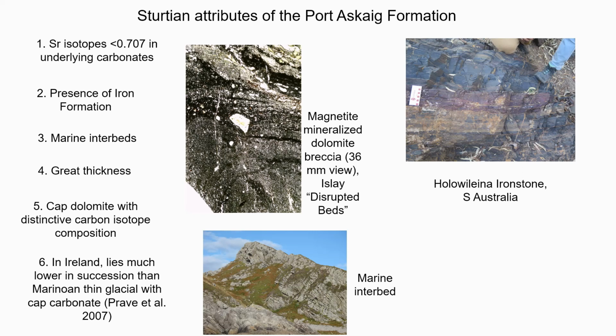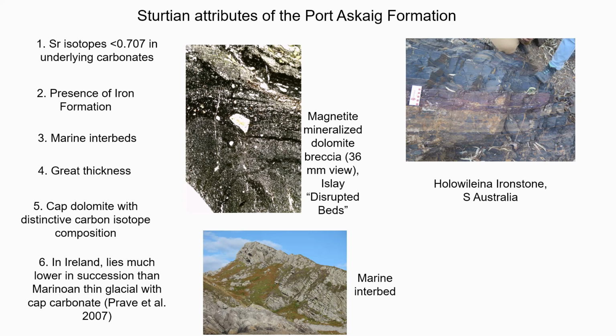Fourthly, the great thickness of the formation as a whole. It's over 1 kilometre in thickness, representing the subsidence during the long duration of the Sturtian glaciation. The fifth point is that there is a capped dolomite with a distinctive carbon isotope composition. This is not yet in the literature, but in the dolomite talk tomorrow, I will show you the evidence that we do indeed have a capped dolomite associated with the Port Askaig Formation, and that its carbon isotope composition is the same as that of